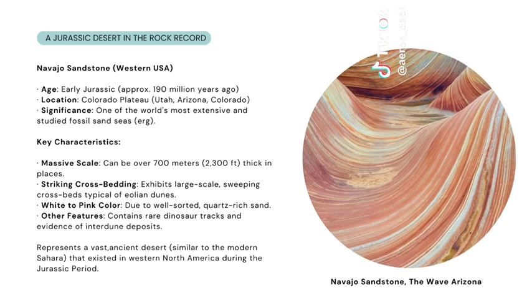Its color ranges from white to pink because of well-sorted quartz sand mixed with iron. The formation also preserves rare features such as dinosaur tracks and evidence of interdune deposits. Altogether, it reveals that a vast desert, similar to today's Sahara, once stretched across western North